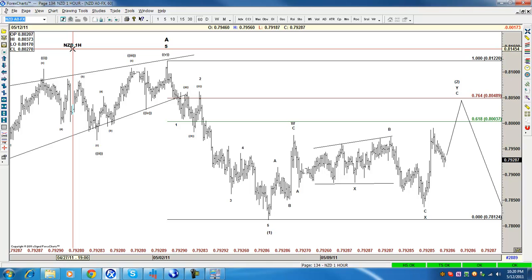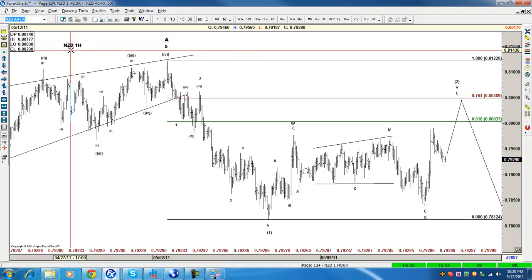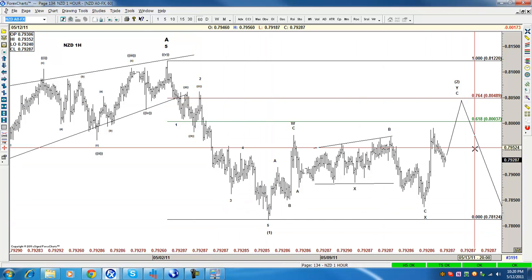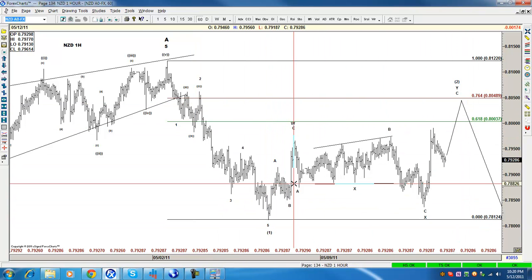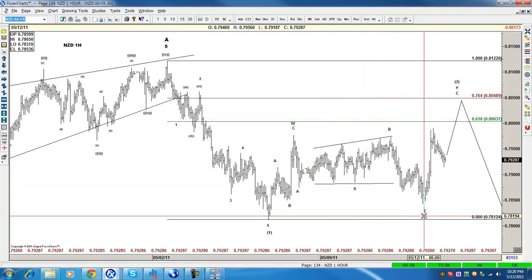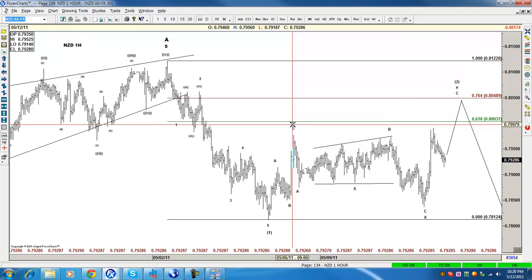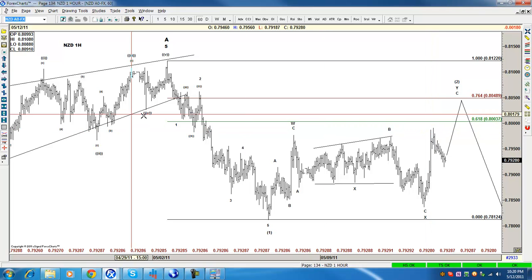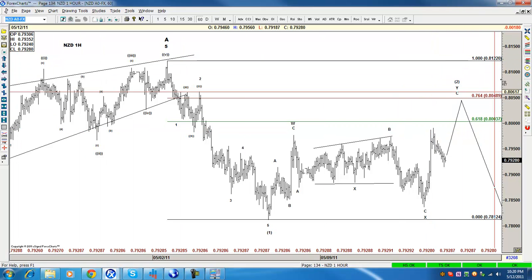I'm talking about the New Zealand because, you know, New Zealand is also very tied to the oil trade. And then we see a clear 5 waves, a correction to the outside. This is a 3-wave, this is a triangle in the middle, this is a 3 waves down. It looks like the first leg was already finished, and then the New Zealand should trade lower,